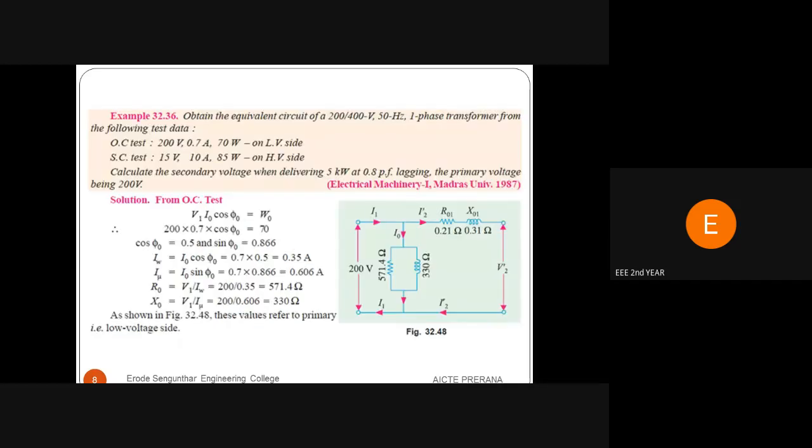So the actual voltage V2 equals 400 minus 22.2 volts. 400 is the secondary side voltage, and we have to subtract the drop voltage, 22.2 volts. It is the actual voltage measured by the voltmeter. The secondary induced EMF voltage E2 is equal to 400, so the voltmeter which reads the secondary voltage shows 377.8 volts.